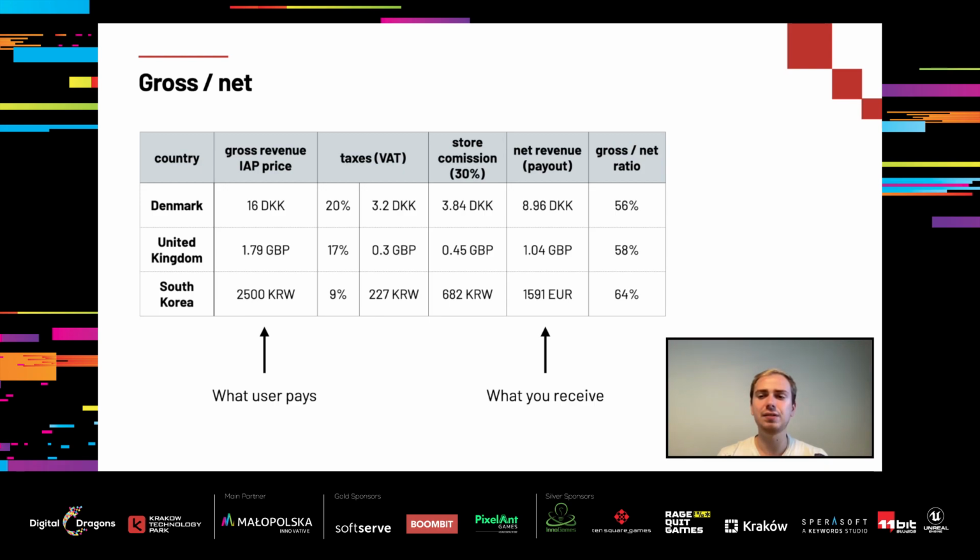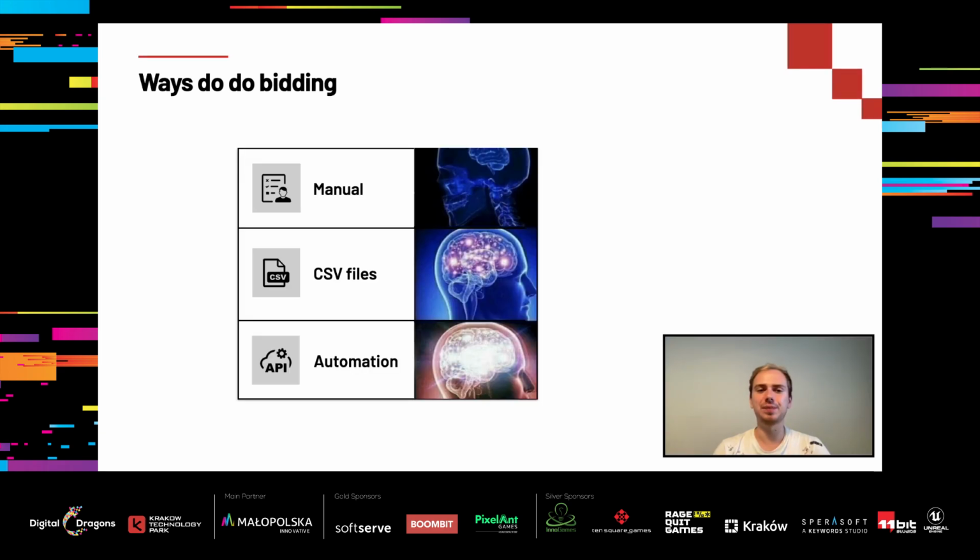These days it is even more complicated as Google Play offers a lower 50% commission for the first $1 million of revenue. Let's talk about bidding. There are three common approaches. First one, manual bidding, works if you have a small number of campaigns due to a limited number of games, or if you just have a not very complicated structure of your campaigns.